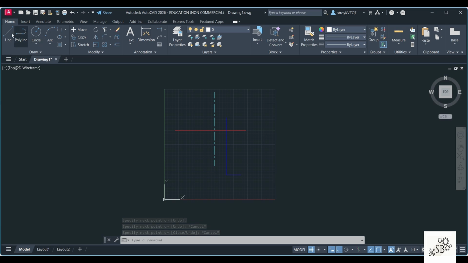And if I choose 0, it will be a white line. So I just want to show you the lines that are possible. This is as far as creating the layer properties for orthographic projection is concerned. With this, I end the session. I hope you have understood how to create the layer properties.